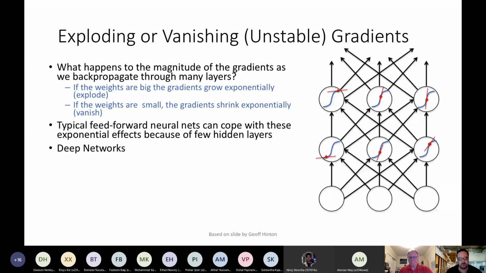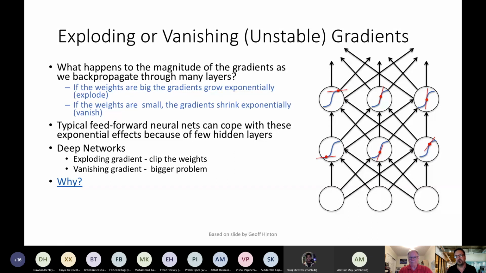The typical feed-forward nets, like we've been looking at in the previous slides, are only a couple levels deep, and so it really doesn't bother them to have some bigger weights. But consider activations in a forward propagation of a signal through a relatively deep network. Let's say there's 150 odd layers.